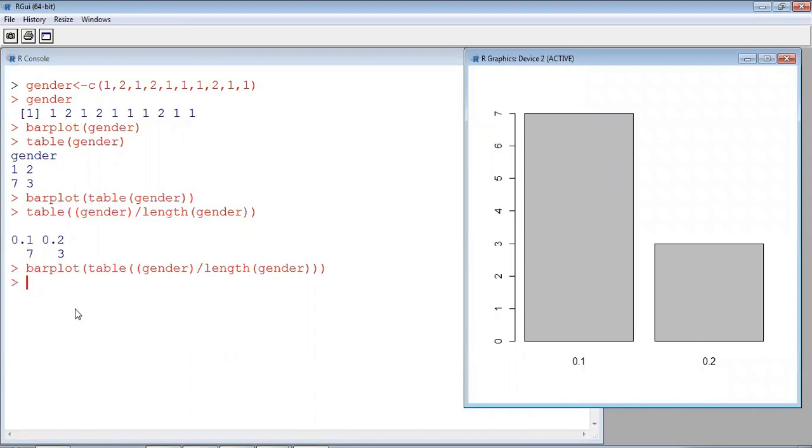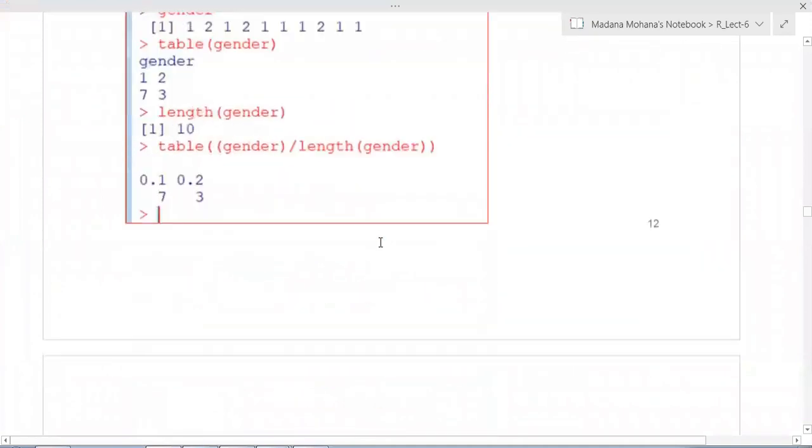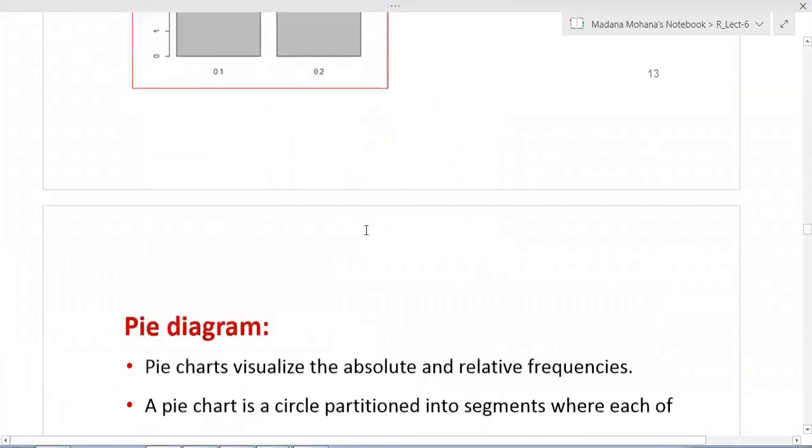Now you can observe the bar plot with absolute frequency and relative frequency. With absolute frequency, it gives the normal whole values. With the relative frequency, here you can see the floating point numbers 0.3, 0.7. Previously we are having 3, 7, now 0.3, 0.7. So here same 3 female, 7 male. So this is the bar plot for relative frequency. Okay, now these are all the outputs what we demonstrated.